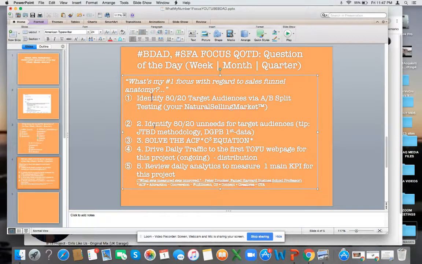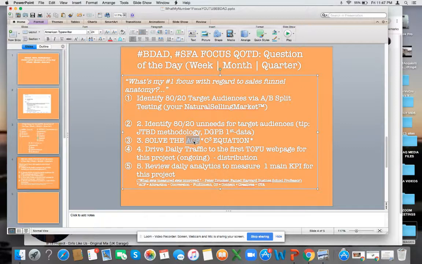And I really cannot stress enough the importance of focusing on mastery of the skill, not of the end result, right? So if you put in enough time doing the jobs to be done methodology and doing the research, all right, then if you put in more repetitions, the end result is going to be that you're going to understand the unmet needs of your target audiences more than the alternatives on the market, all right? If you put in enough repetition working on content and creatives for the three phases of